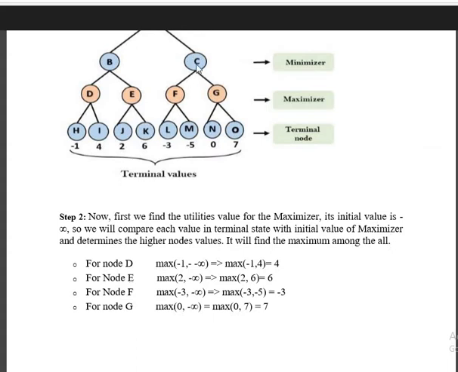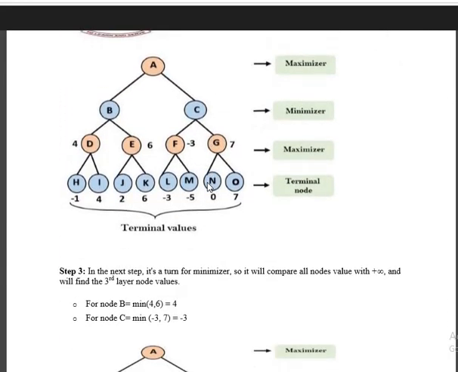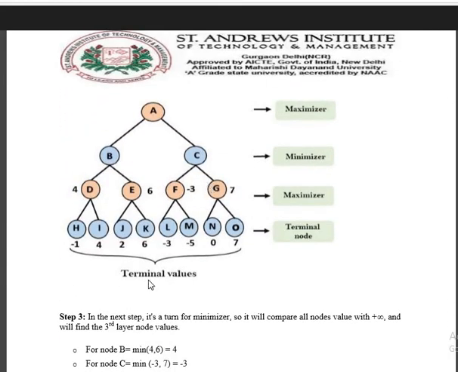In the same way, if we come across node C, it has two further traversing paths, that is F and G. So we have the maximum value here, that is -3, and when we come down with this factor, the maximum value is 7. So this is step 2 we have covered. Now we come to step 3, where we will be choosing the best possibility. In the next step, backtracking is applied.